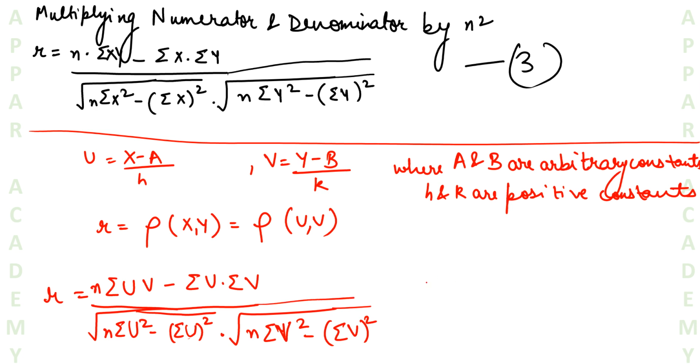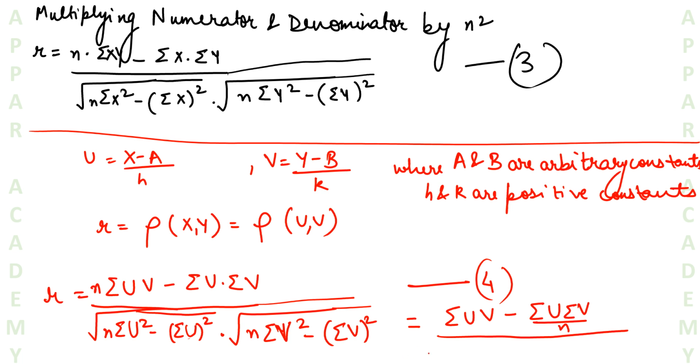Now this is our formula number 4, or this can also be written like this: summation uv minus summation u summation v upon n, upon square root of summation u square minus summation u upon n square, this into another square root of summation v square minus summation v upon n square. So this is also an equation, right? Now let's see, from where did this come up? From here,